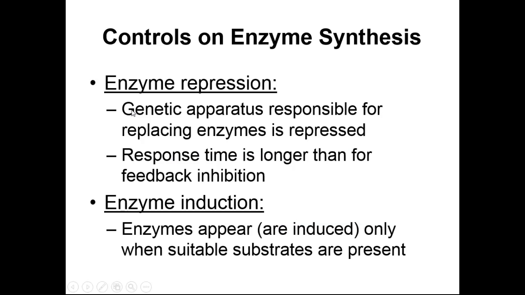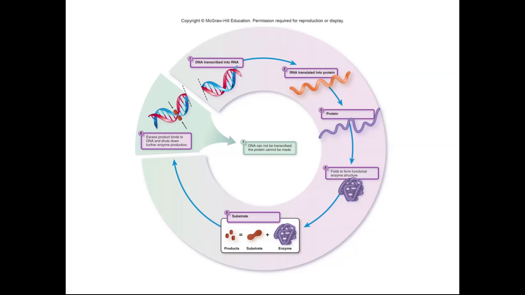So for our enzyme repression and enzyme induction, we can have our DNA being bound by some repressor molecules when we have too much of the product. So our product from the chemical reaction deactivates the genes. But let's say we have a low concentration of product. If we have a low concentration of that chemical that we want in our cell, that chemical can no longer deactivate the gene. The gene will be activated. DNA gets turned into RNA. RNA gets turned into a protein. The protein forms its native